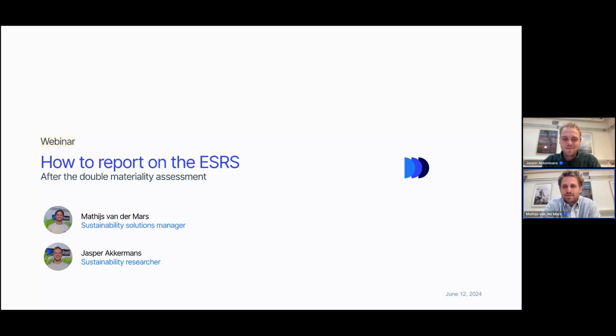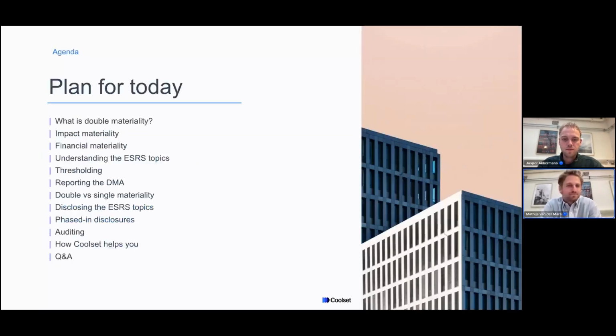He's our expert together with a wider sustainability research team, which is making sure that Coolset is up to date on the latest legislations, such as the very recent update on the Dutch law, but also European-wide. So the plan for today is firstly to do a short recap of some relevant points from previous webinars that are related to the topic today.